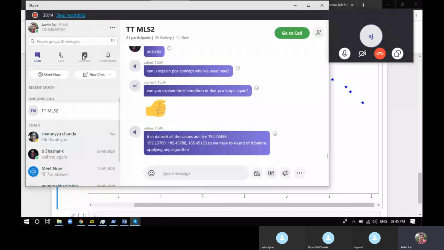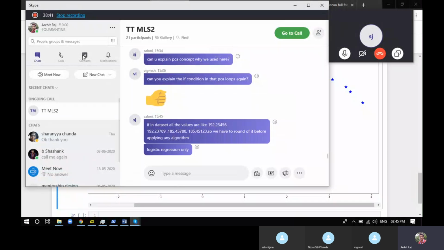Dataset, the values are 192. I don't think we should. Which algorithm are you talking about? Logistic regression? Nah, no need. I haven't even rounded any number.